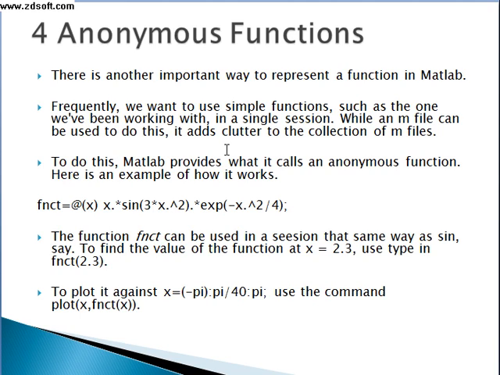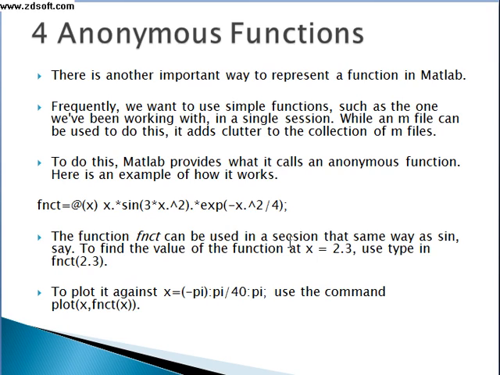So to do this, MATLAB provides what is called an anonymous function. Here is an example of how it works. Here the code I use is fnct, a variable I wish, equal to, and I am assigning the value of it. The function fnct can be used in a session the same way as sine or cos etc.